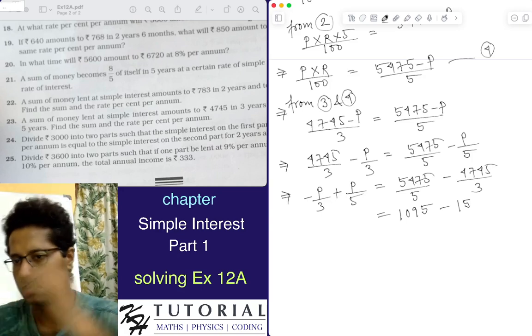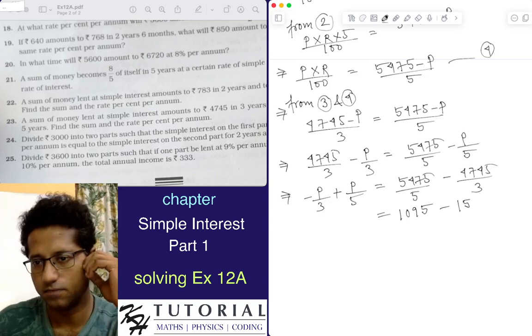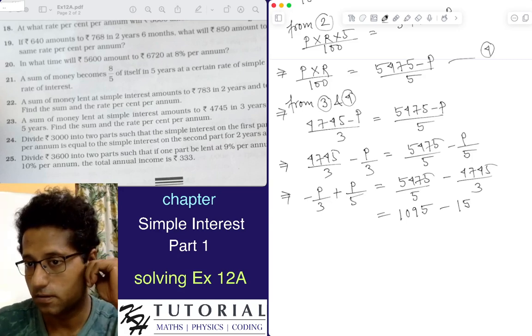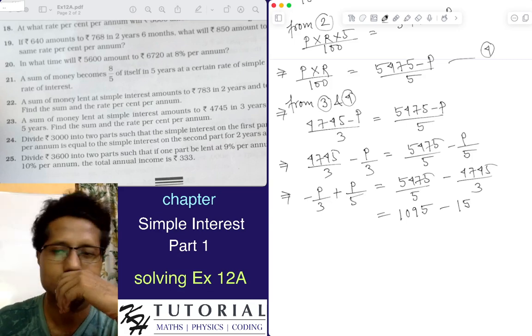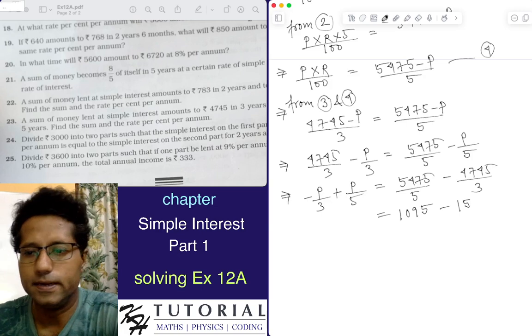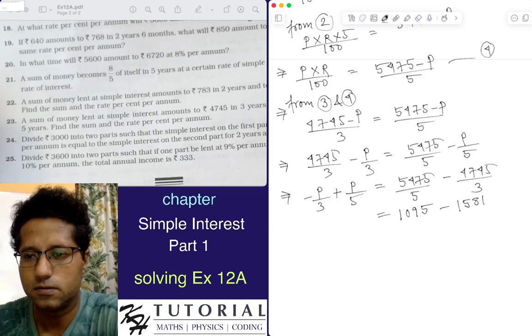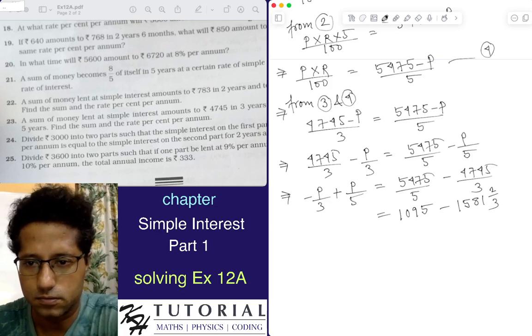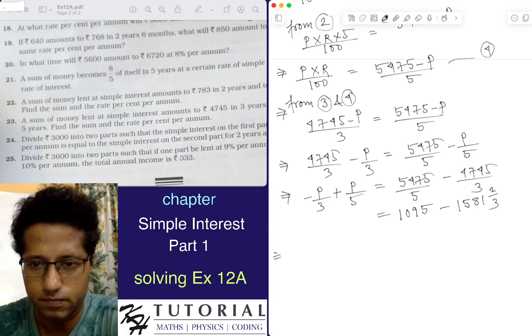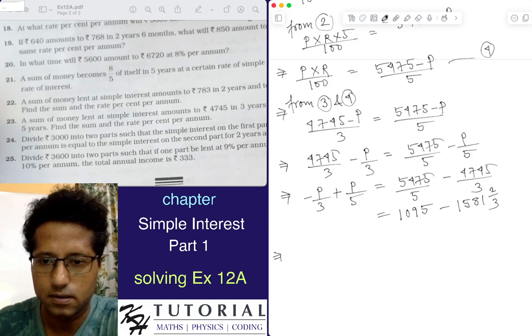If we convert 4745 by 3 as a mixed fraction, we get 1 15 5, 8 1 2 by 3. Okay, now this implies if we simplify the left hand side, we get